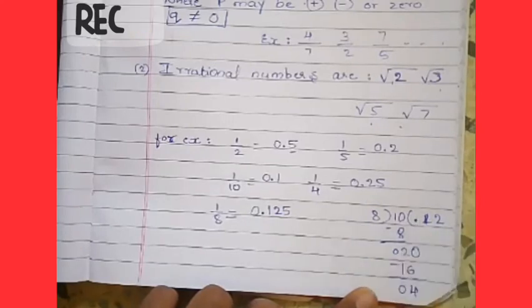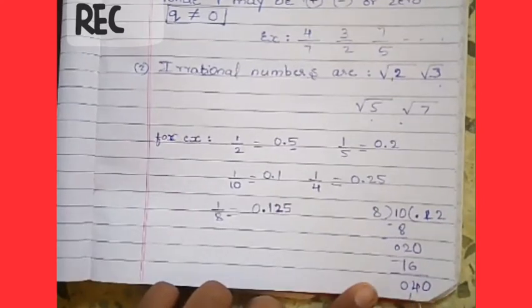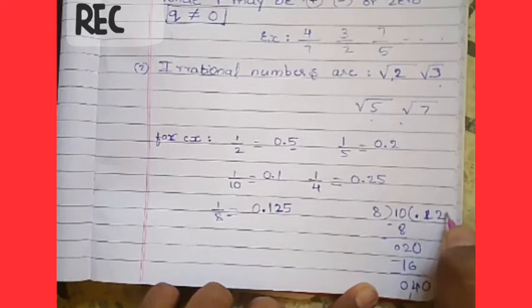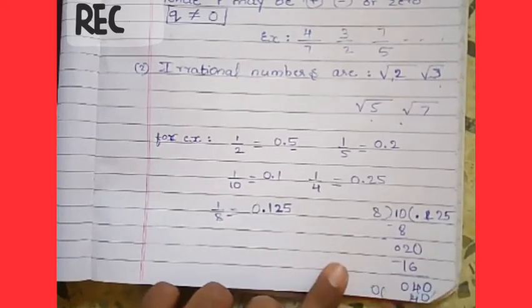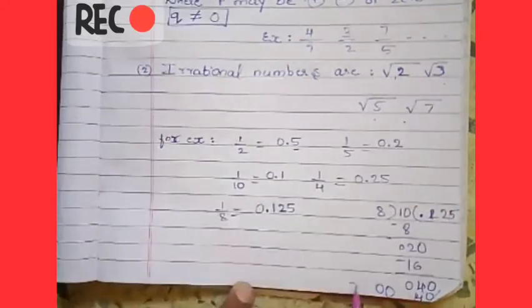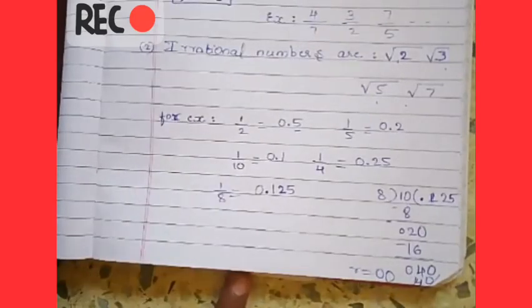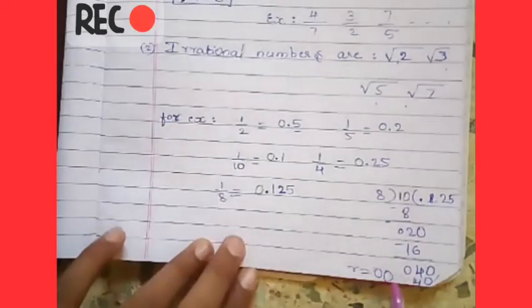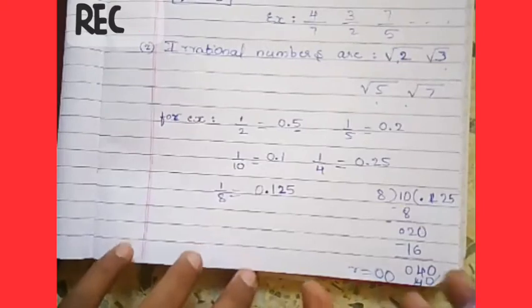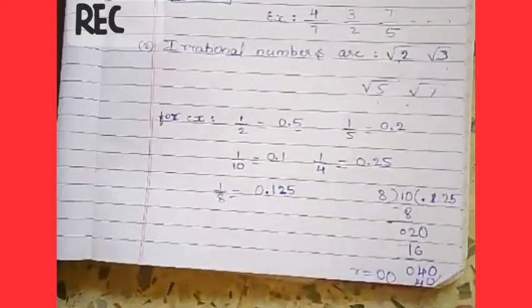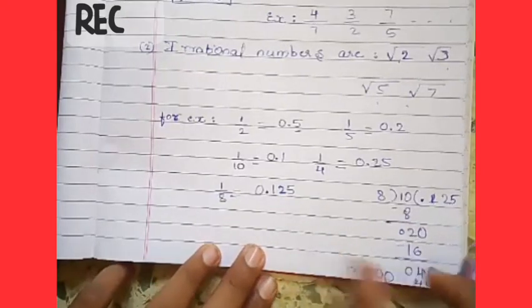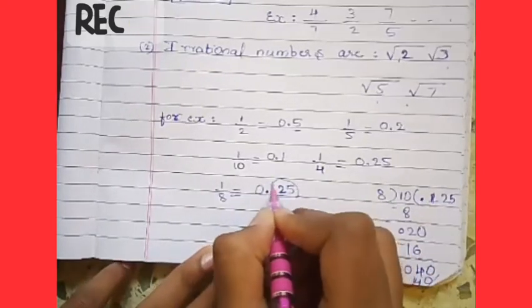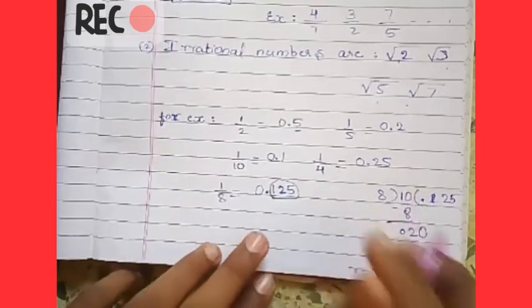Already the decimal point is here. Let's add 0. 8 5s are 40. So our remainder is 0. Now we are having a remainder 0, so we have the end of this division. Okay, so we can count this 1 2 5. But